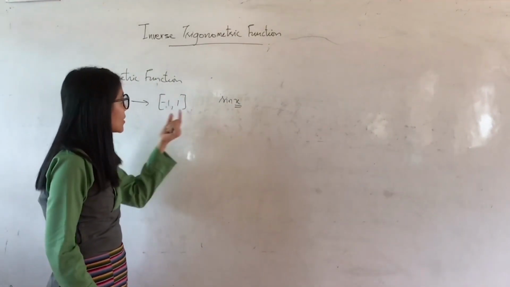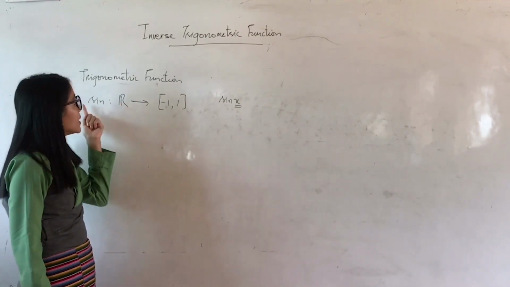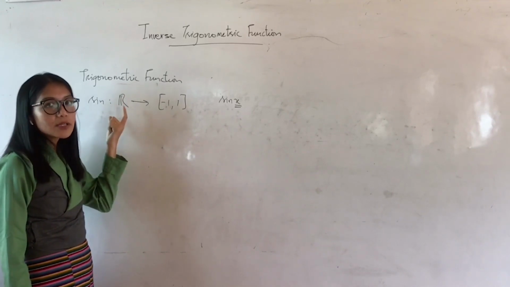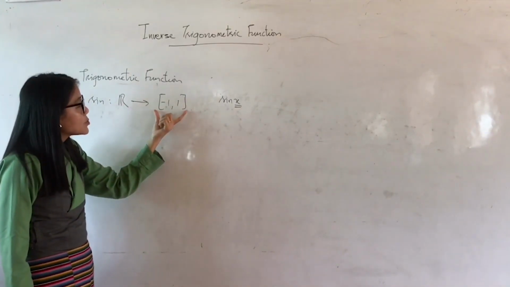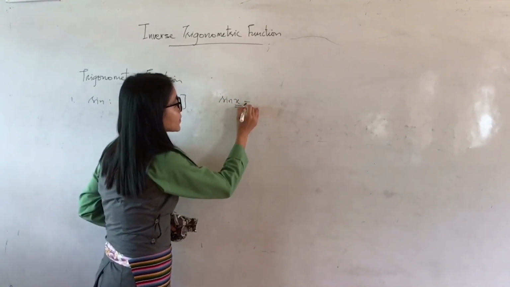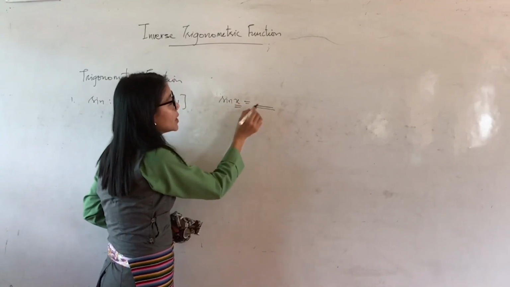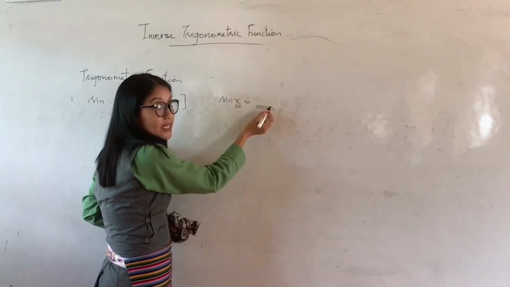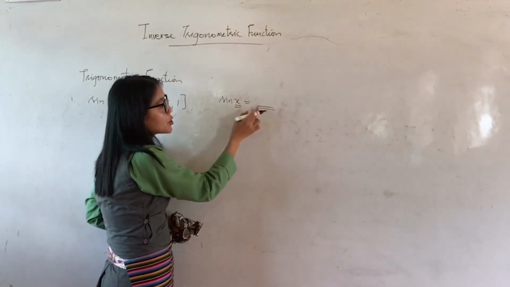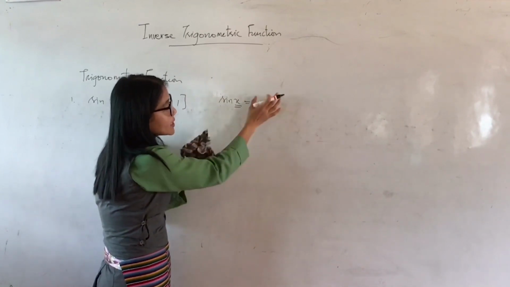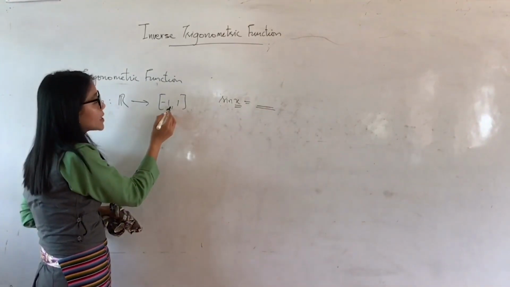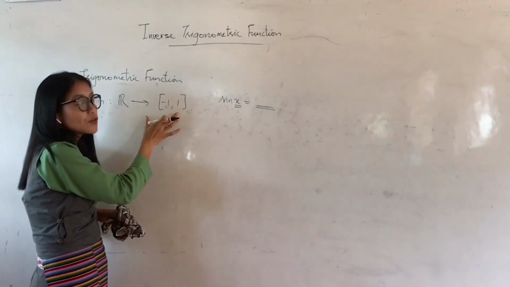We had already set the domain: the sine function is defined for the set of all real numbers, so if you take any real number, we get a defined value. Now the range means the values you get for any real number x. Sine of 1 you will get a value, sine of 2 you will get a value, sine of 90, sine of 1000, sine of -100, you will get a value. When we collect all these values, you will always see that the value lies between -1 and +1. So this is the range of sine.